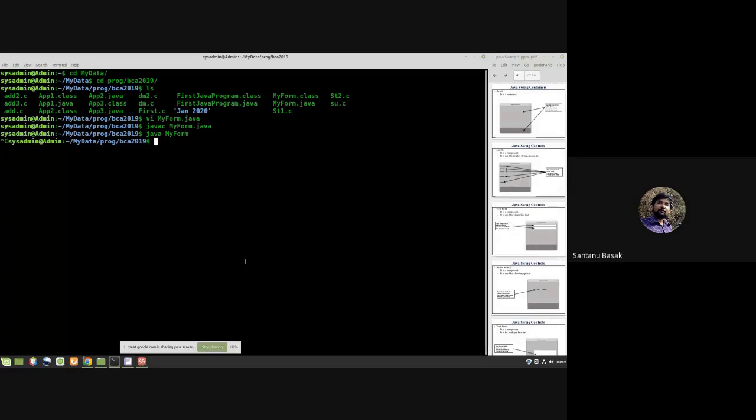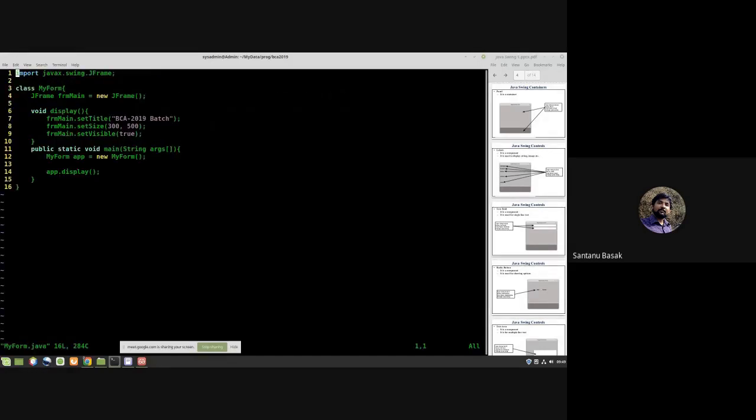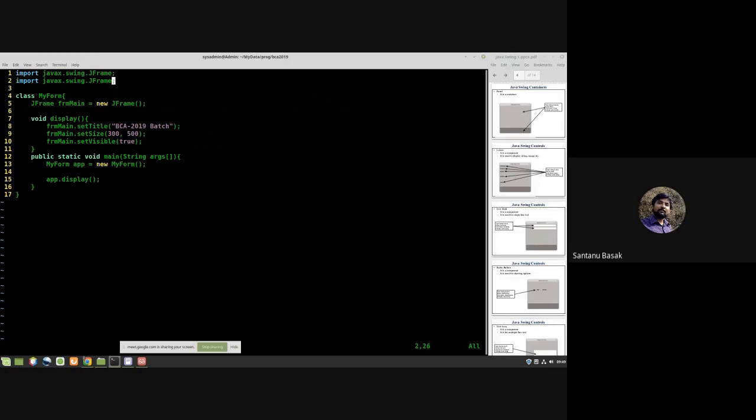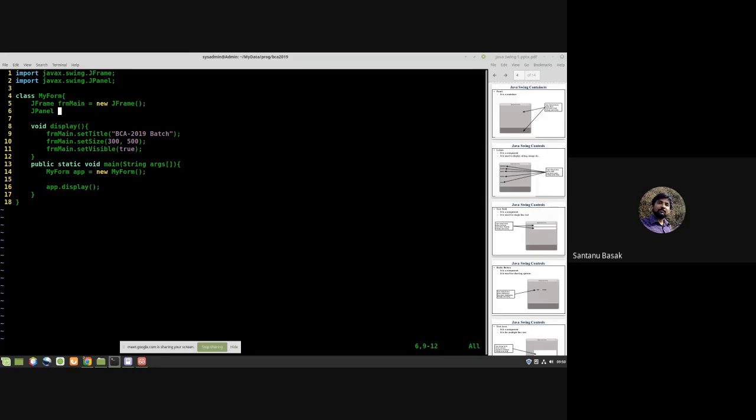The first thing we need to do is import the panel. So we are creating an instance of JPanel. Suppose the instance name is pnl is equal to new JPanel.